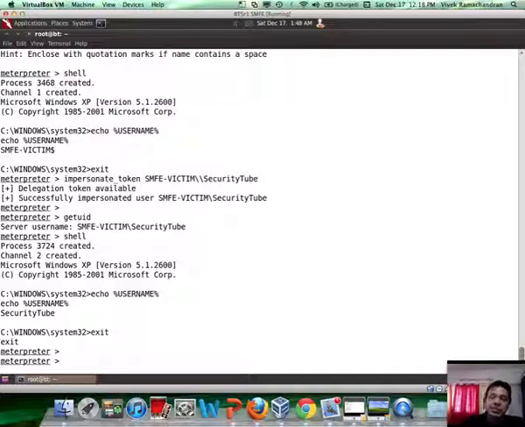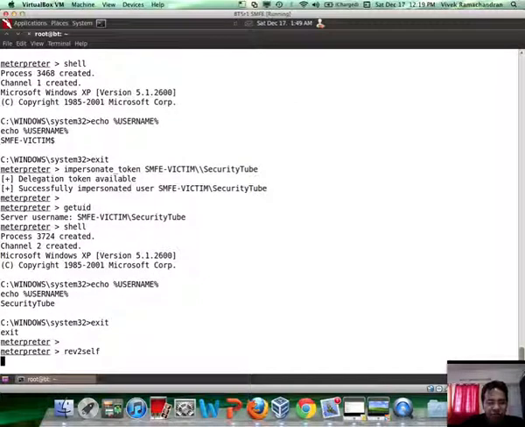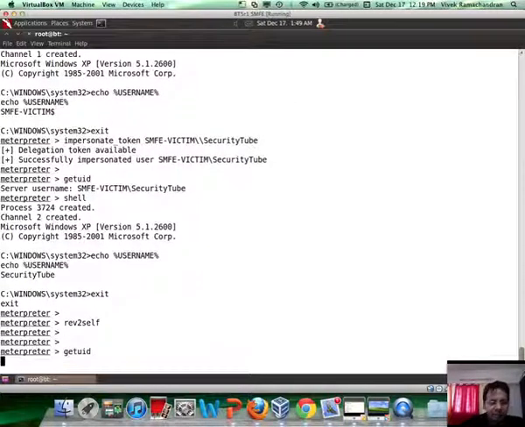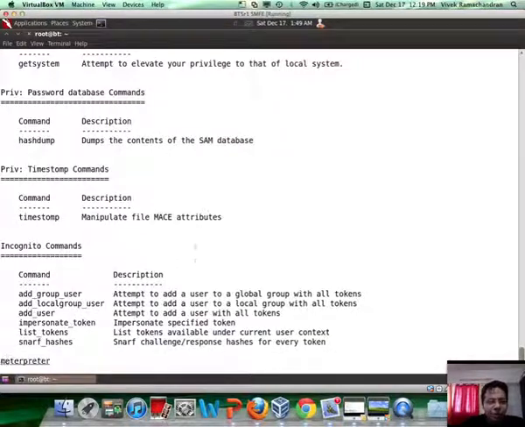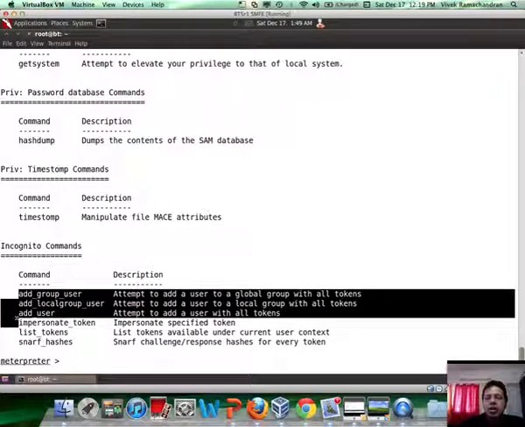Now, if you want to get back to your original token posture, which is your system, you need to use the rev to self command, which is revert to self. And now you would again have the same token, which is system authority, right? So Incognito has a couple of other options as well, which is basically adding users to groups, to the local system, etc. with all the token permission sets and everything which you have. I leave this as an exercise, and probably we will have a lab based on this at a later stage,